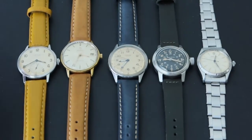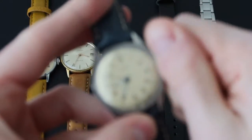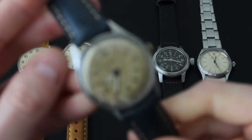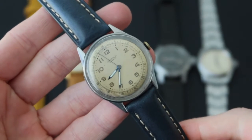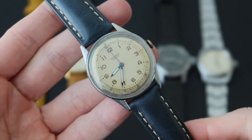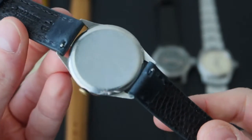Moving on to another stainless steel piece. This time we're looking at a piece from Universal Genève. Get the focus here on the dial. This is a time-only reference 21222 based on the case back